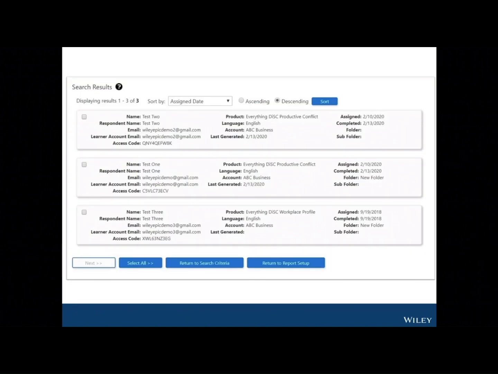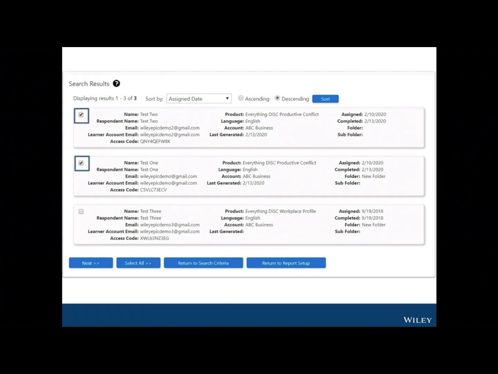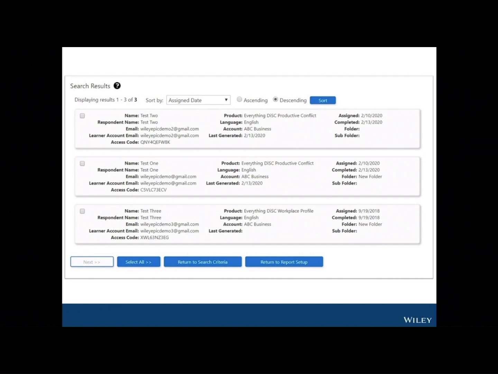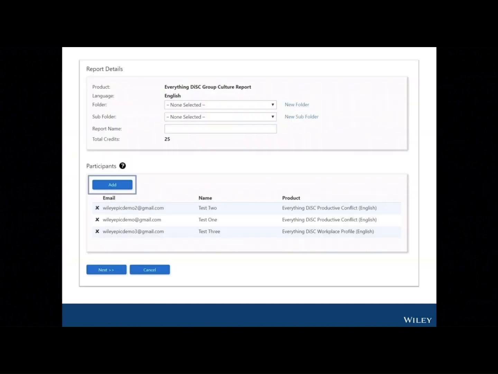When you get to the next page, which is showing your search results, you have two options. Either you can check the boxes next to the individuals' names you'd like to add to the report and then click Next, or you can click Select All if you'd like everyone in your search results list to be included in the report. You can continue to add more participants on the next page until you have everyone you need on this final list. When everyone is on the list, click Next,